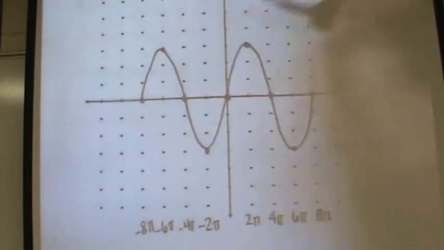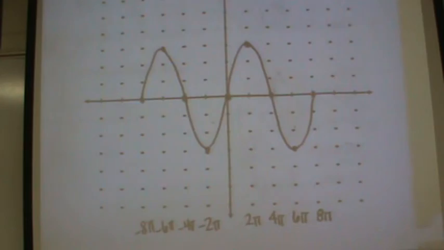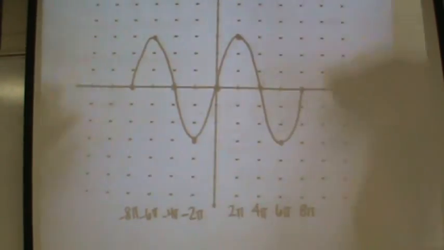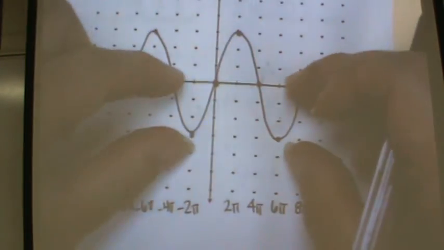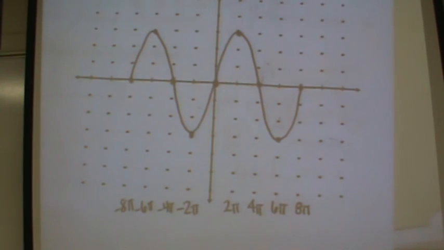Check. Okay, check out your graph. Does it look symmetrical? Yeah. Do you have 3 off the x-axis? Did you graph 2 full periods? Yep. Okay, is there anyone with a question? Let's do the